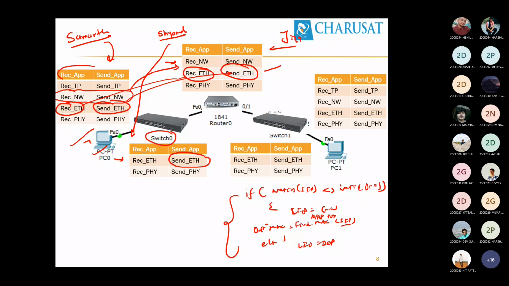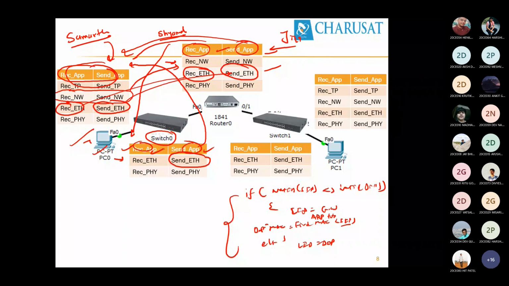Third, all switches and routers have a receive application layer and a send application layer. Can I copy this code? Or can I copy the code in reverse, the code of the switch and router into this PC? No, that is the reverse case, because this has minimum functionality and that has additional or special functionality. Is it clear? That's the reverse.